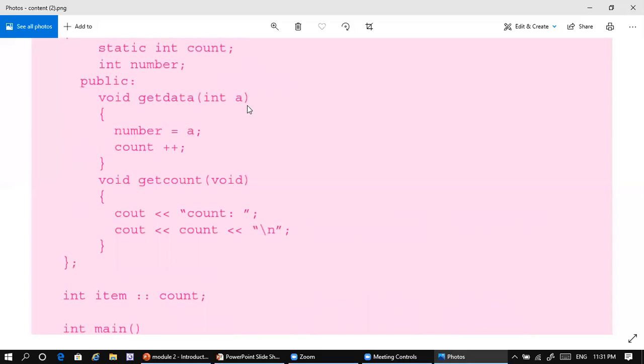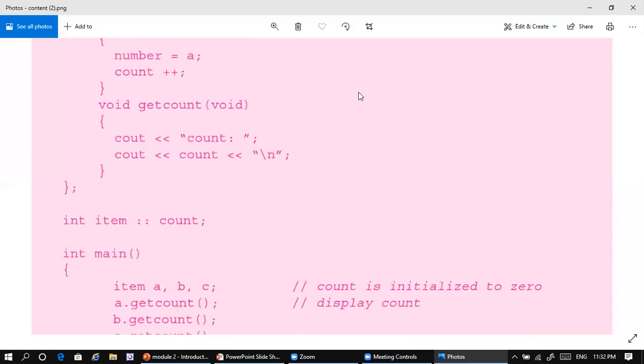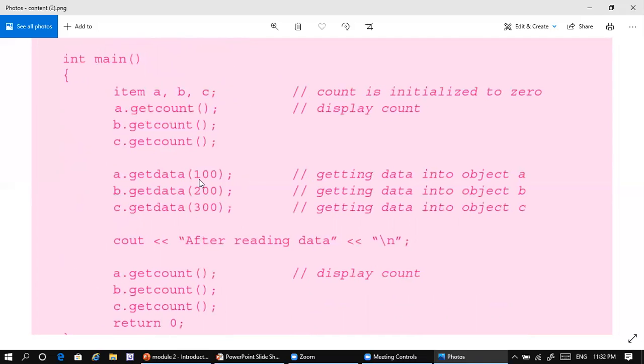Get data receives the integer value that is passed on to the number ultimately. So in A object, the number will have the value 100. In B object, the number will have the value 200. In C object, the number will have the value 300.